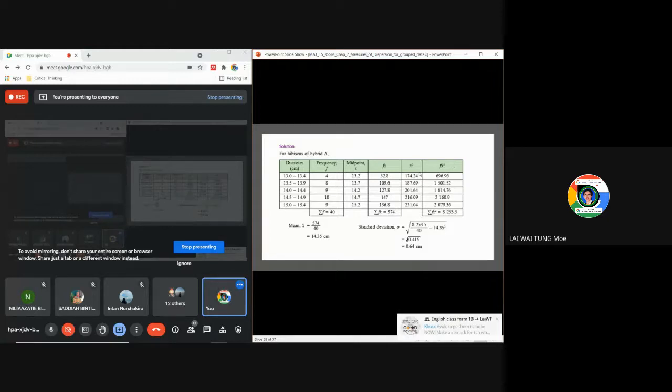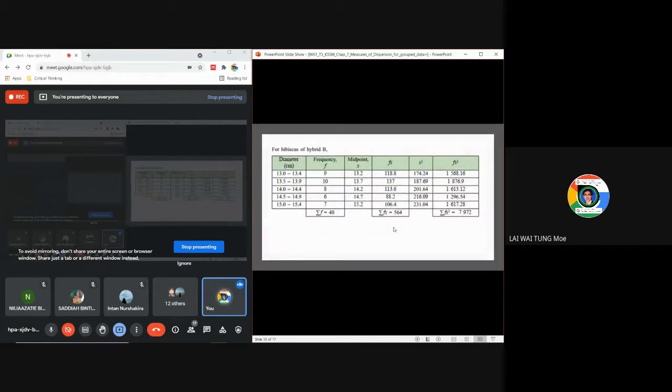If you just directly get the answer from the calculator, I think it's better for you to check the answer only. But for the work, to show how you get the answer, I think it's better for you to construct this table. Okay. So after you get the mean and the standard deviation for hybrid A, continue